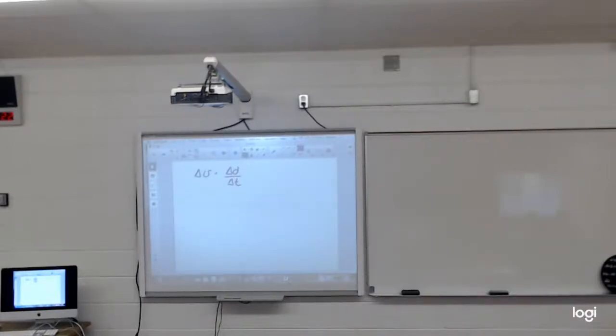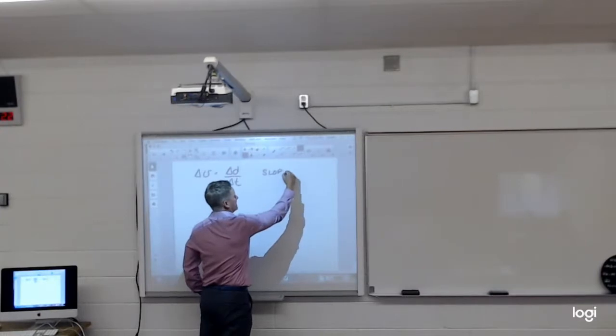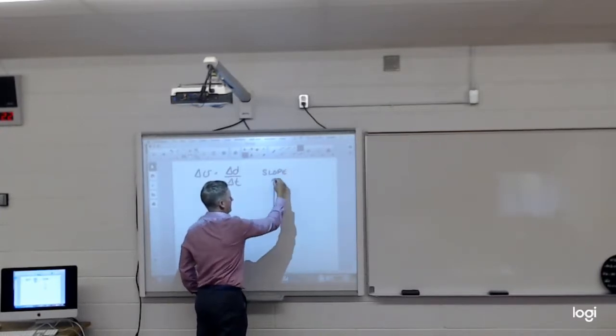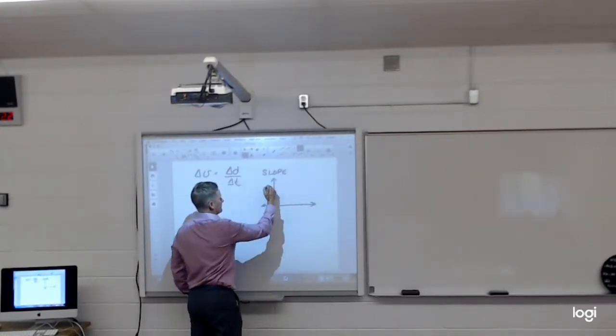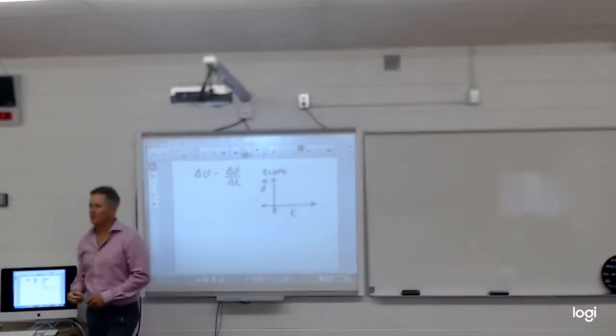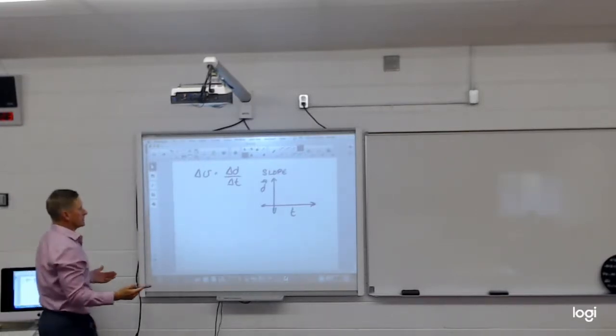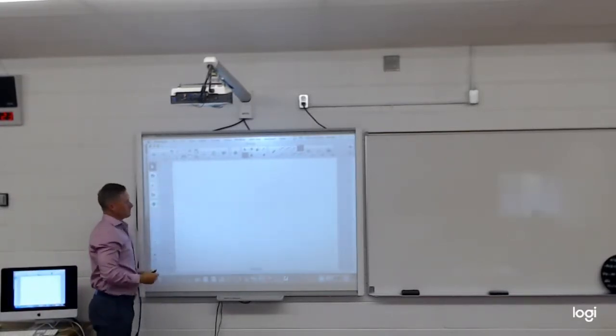Right, so the slope of the graph from a d-t graph gave us our velocity for the intervals. Okay. Now,